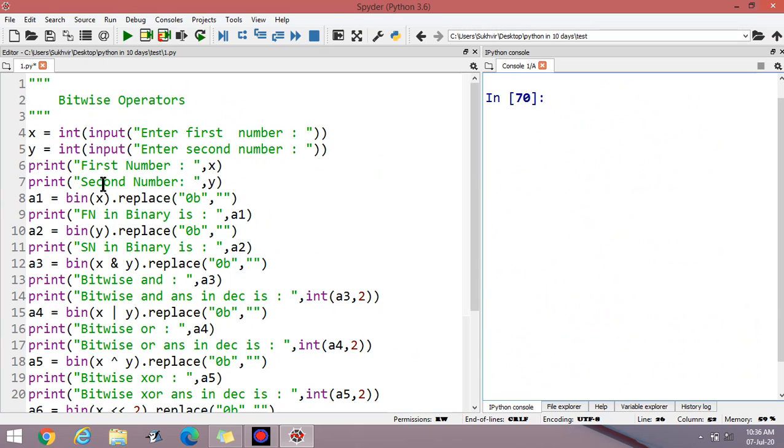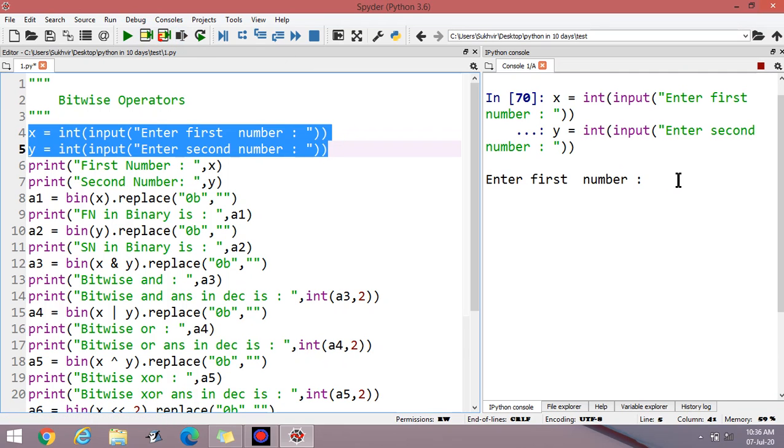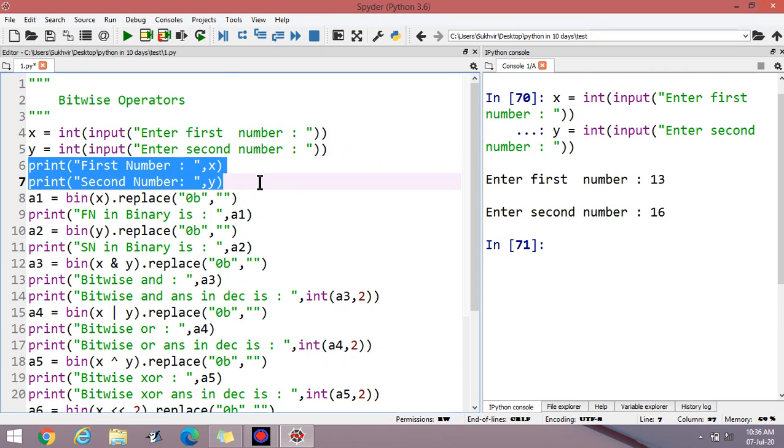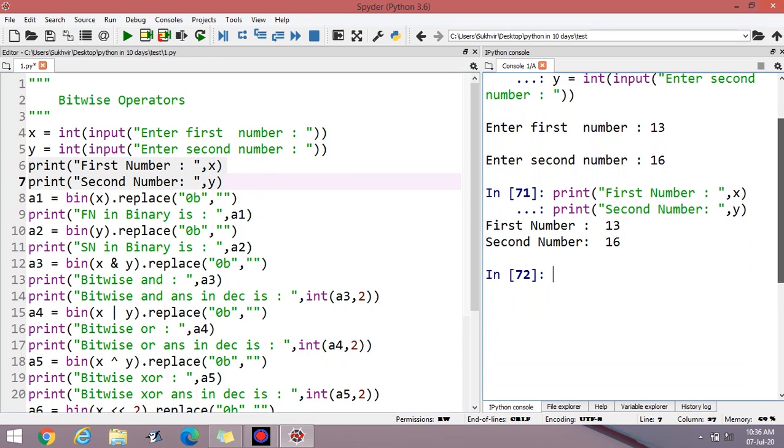Control L. Enter first and second value. Do the selected operation only. First value is 13 and second is 16. These are the two values. Now you can print the numbers. First number is 13 and second number is 16.